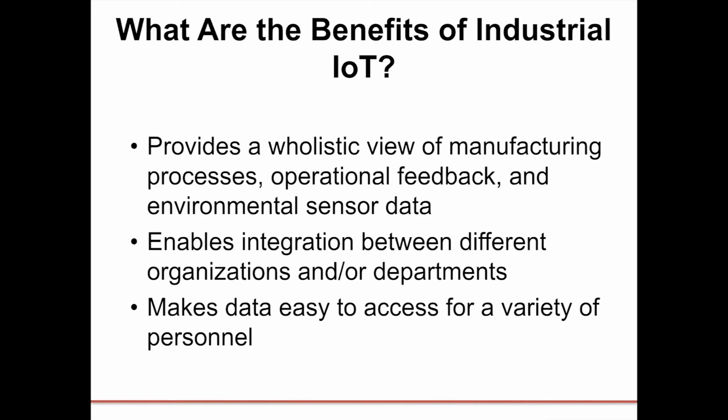Another benefit of IIoT is that it makes all this data available and readable to anyone who needs it. IoT makes horizontal integration between different organizations or departments within the same organization much easier by providing a common medium that everyone can use to understand the data. So IIoT makes it possible to integrate production process feedback with environmental data, power usage, machine status, operational data, and more. All the feedback that you can imagine in one easy to use system.